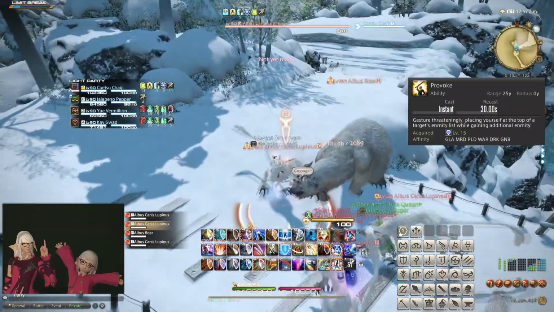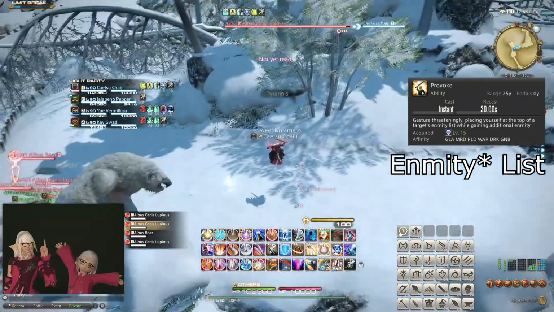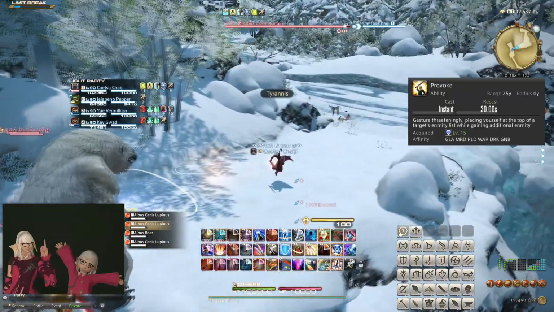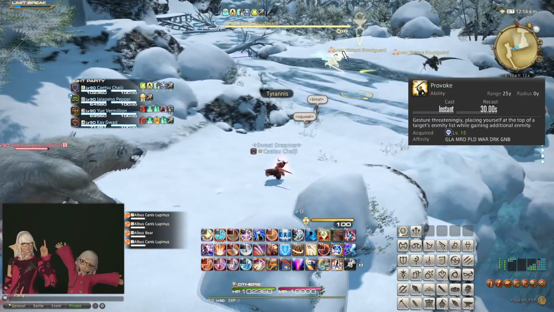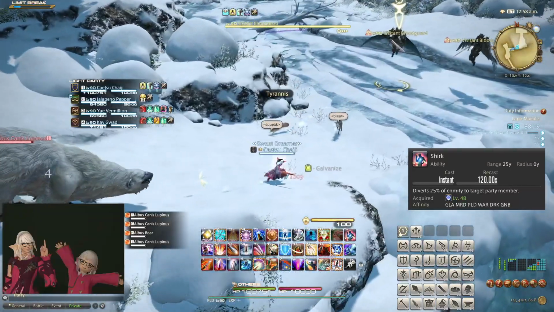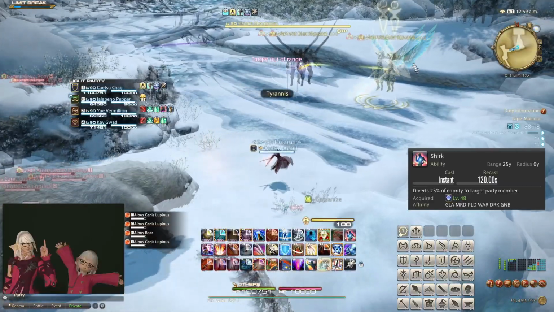Provoke is your run-of-the-mill taunt that places you at the top of the enemy list of your target and then also applies a massive amount of enmity to the target. Combining Shield Lob and Provoke can allow you to safely pick up several enemies at range. Shirk passes 25% of your enmity to your target, allowing you to push your co-tank further ahead on enmity if